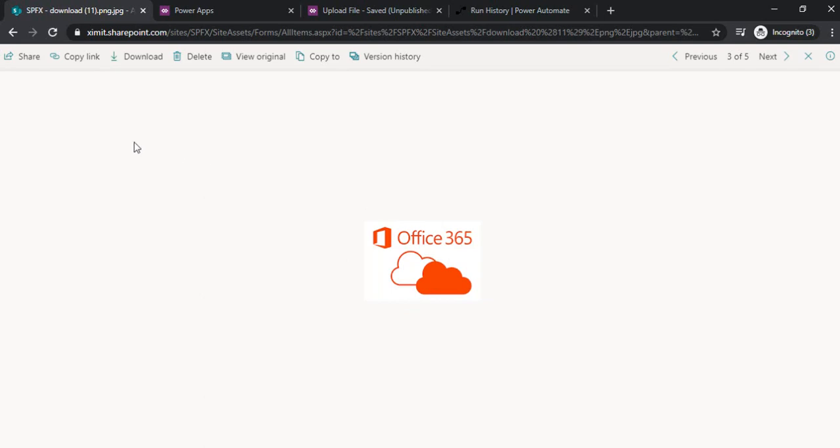This is the workaround, because in the earlier video, when I created it using the default template which Flow provides for uploading photos, sometimes it gives me this error for binary, and when we open the file, it gets corrupted. So this could be the workaround for the time being, till Microsoft fixes that bug, and you can use this one.